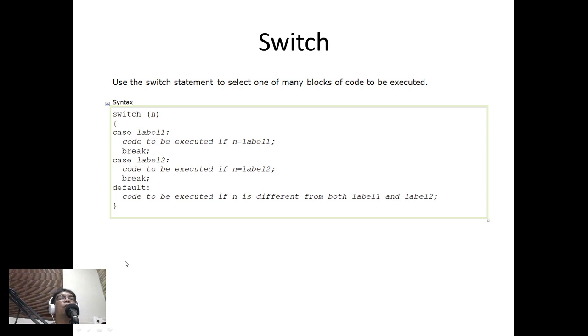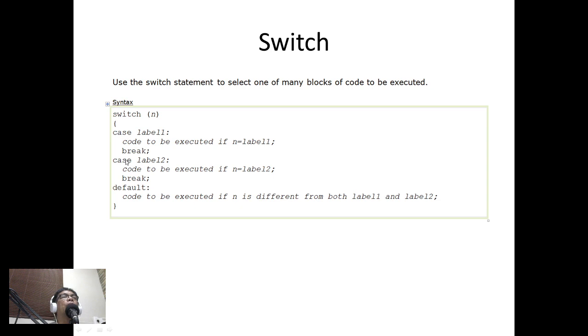Now similarly, we also have the switch statement. So we use a switch statement to select one of many blocks of code to be executed. So the syntax is switch, then we have here a variable. So case label 1, code to be executed if n is equal to label 1. Then we have here break. So again, the break here means that after executing this, the control of the program will go outside this switch